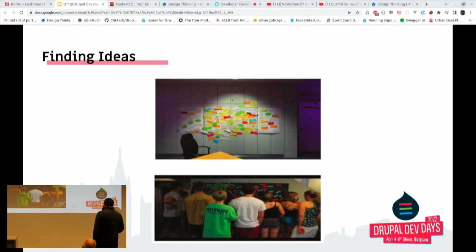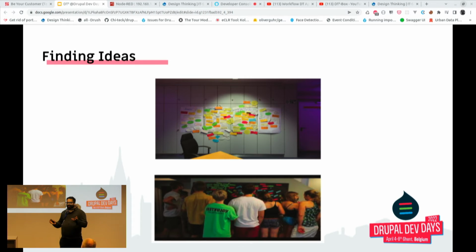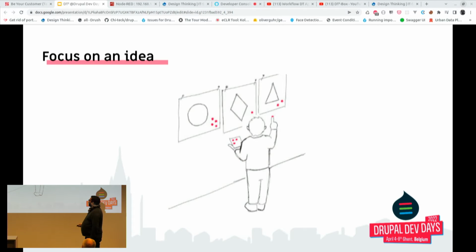Yeah, finding ideas is really... People are always saying brainstorming, but brainstorming is not the only creative method. There are a lot more, but brainstorming is, I think, one of the most famous methods. It's just putting some ideas into the world and then looking at what we can do. So focus on an idea. For example, there's a method called